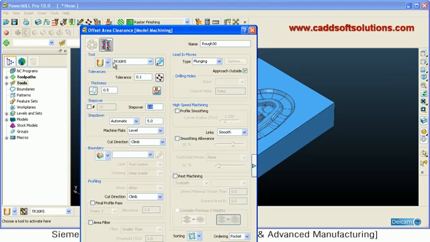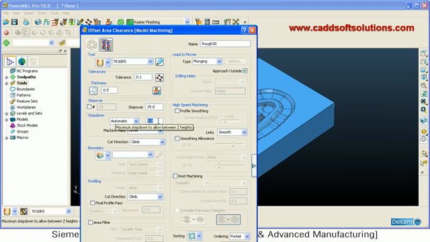So step over will vary as per your tool. Normally you can keep 60-70% for a tip radius tool. Suppose I say 25 is my step over. Then step down. That means after completion of one level, if you want to enter into the second level, by how much distance it should go down. So that is step down. Here you have to keep, suppose, 0.2, 0.3 as per material, tooling size and RPM. All those factors are responsible for the decision of step down.